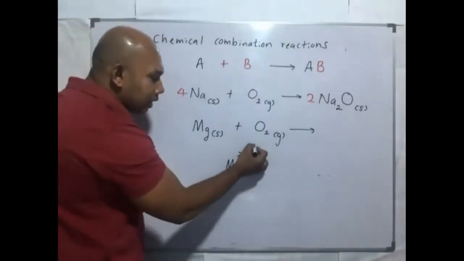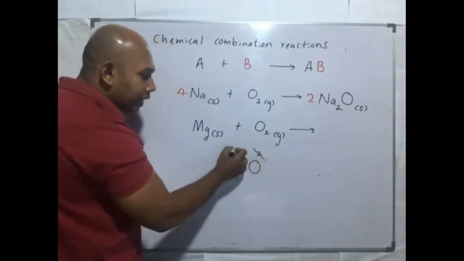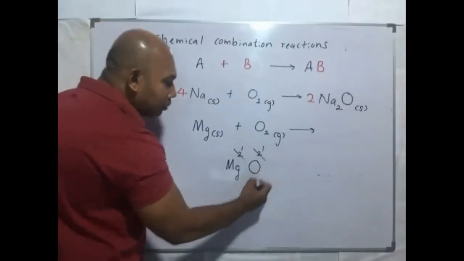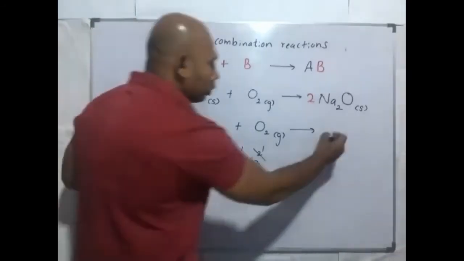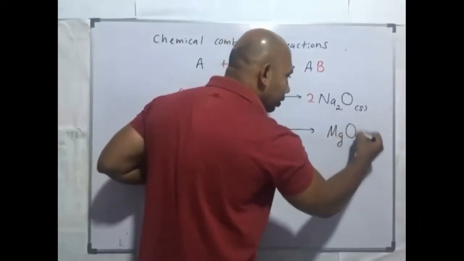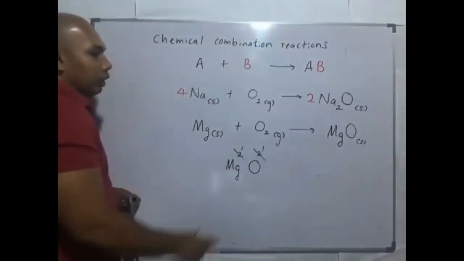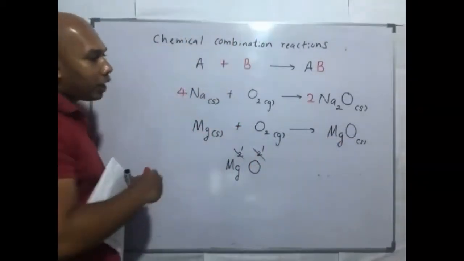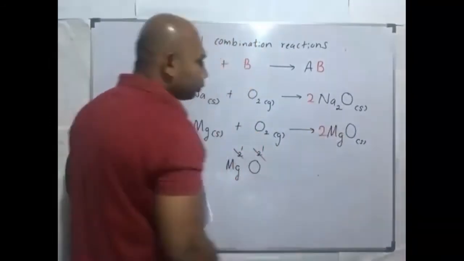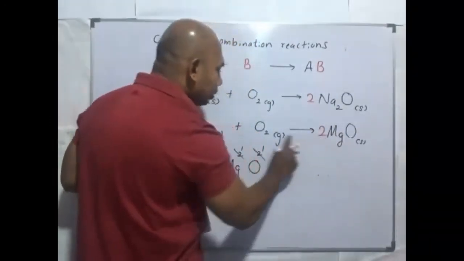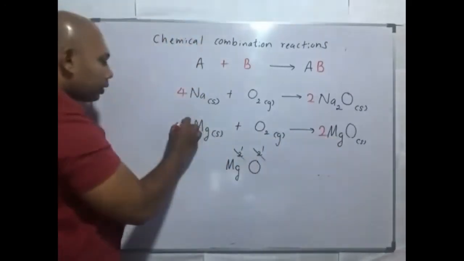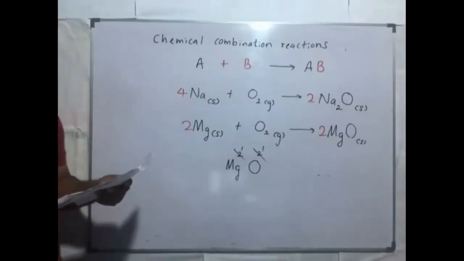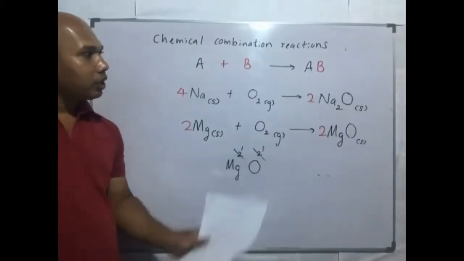Then we can cancel, right? And valency is 2 to 2, 1 and 1. Formula MgO, right? MgO, magnesium oxide solid. 2 oxygen, 1 oxygen, not balanced. So we have to remove the odd number, multiply by 2. Then 2 oxygen, 2 magnesium, balance. Then write the next one, reaction of magnesium metal with oxygen.